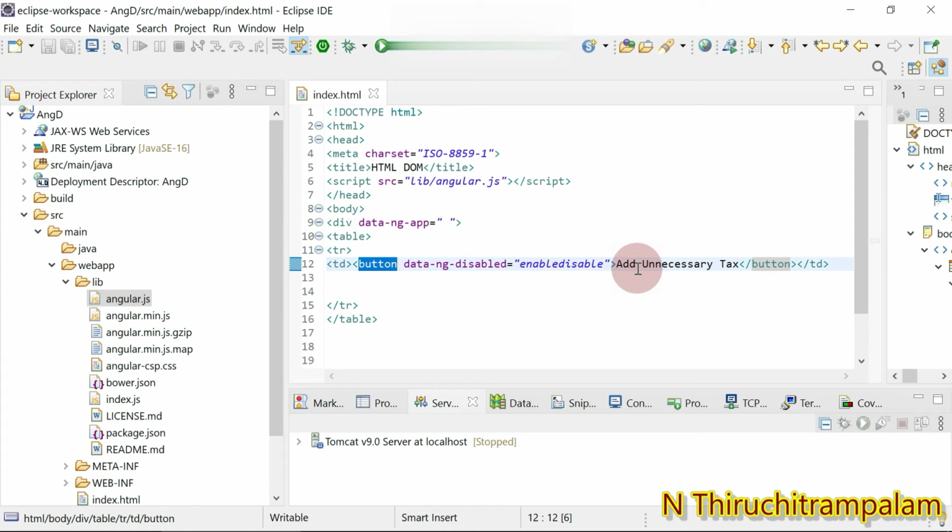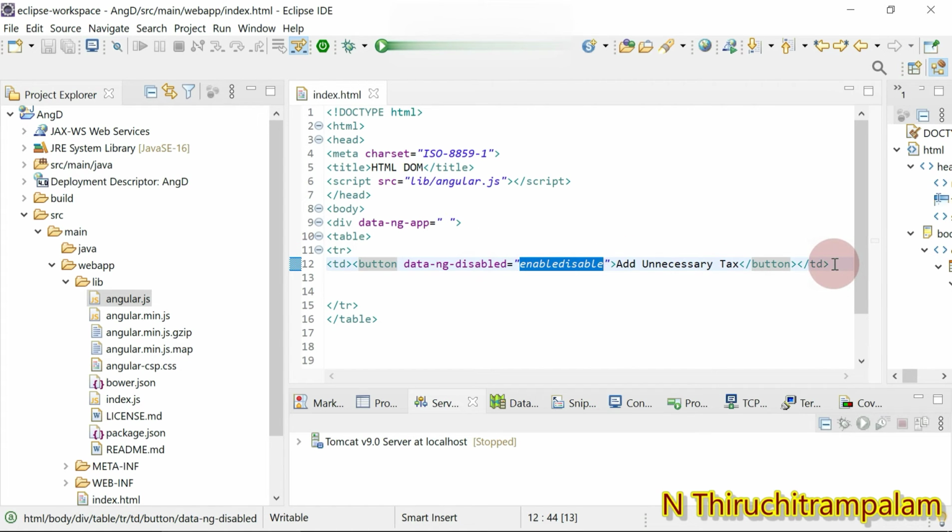So I just created a button, and over the button you can find the text add unnecessary tags. This button is created using the button element, and within it I added the directive data-ng-disabled. This attribute is assigned a value, enable disable, so you can give any text here.